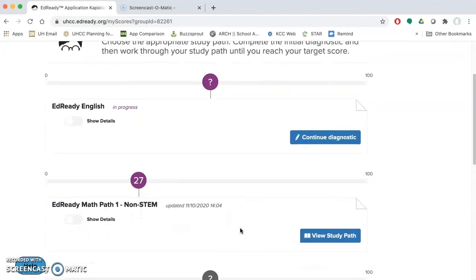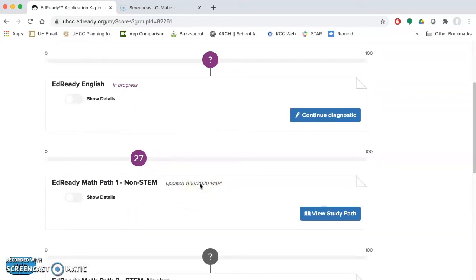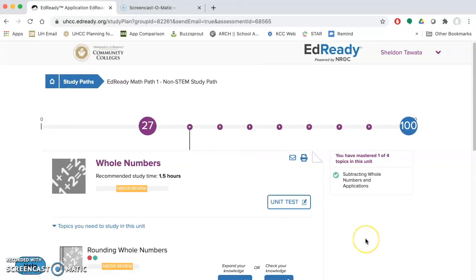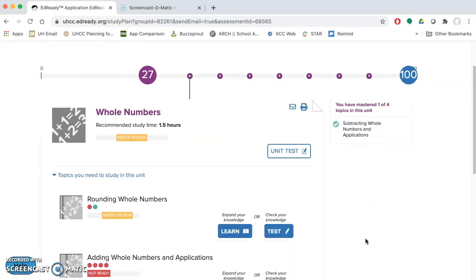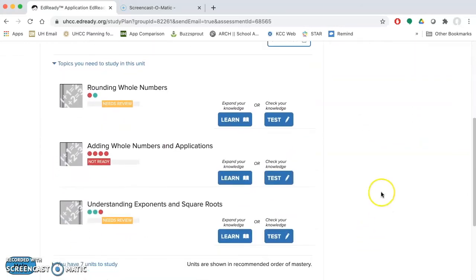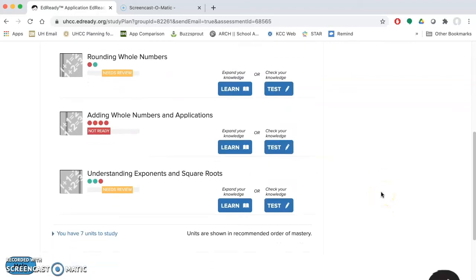Let me show you a math path that I actually completed. So here's my score. And rather than retaking it, so let's say I wanted to improve my score, I'll click on the study path. And this is like my personalized study guide on what I need to improve on. So I'll just need to work on my study path. Once I am done, I can test my knowledge.